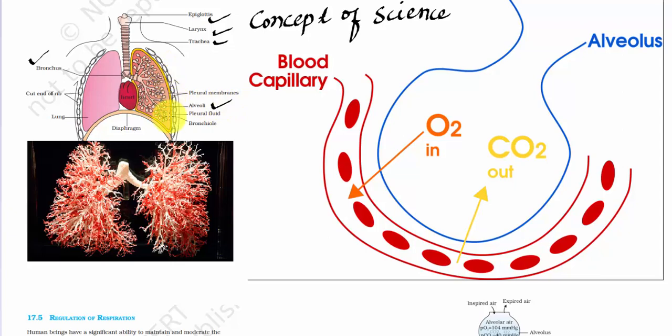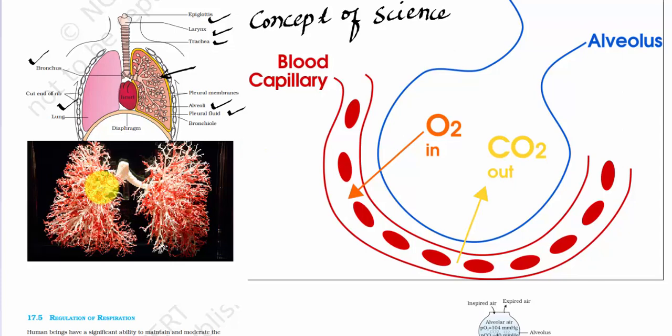This is the pleural membrane which contains the pleural fluid. This helps in reducing the friction present between the ever expanding and contracting lungs and the outer muscles. Then we have ribs. These ribs help in the protection as well as in the change in the volume of the lungs. Then we have a diaphragm. This diaphragm helps in the reduction and increase of the area of the lungs through which we breathe.